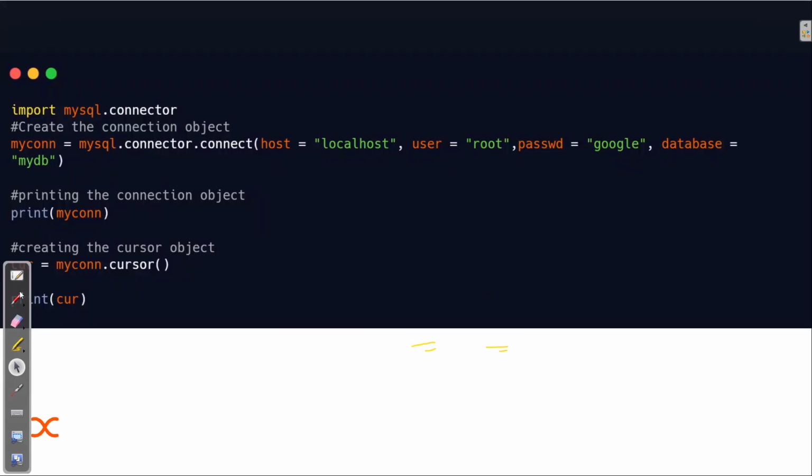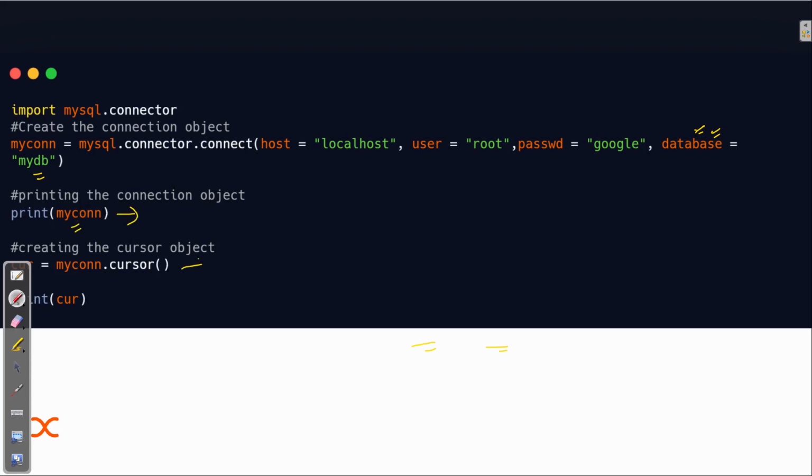So you can see what is happening. We are importing the same line. I don't think I need to explain it again and again. One more important thing I've already explained: if you are connecting to a connection where we have already created a database, then you can say that you want to connect to that specific database. The name is MyDB, which is already there. So you can use this to connect to that specific database. I hope it is clear now.